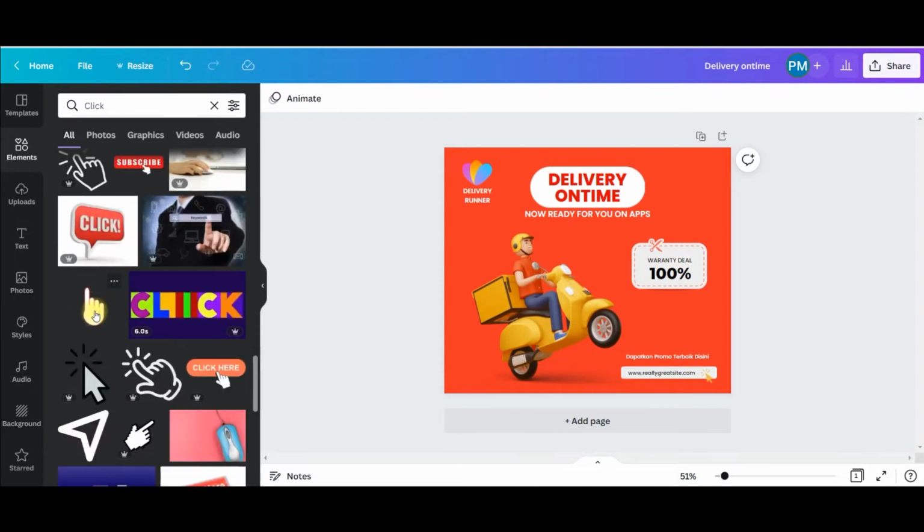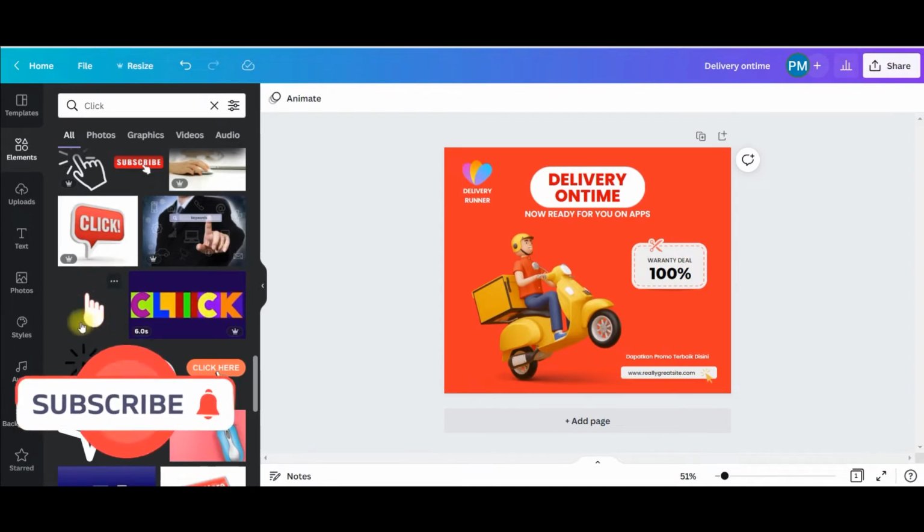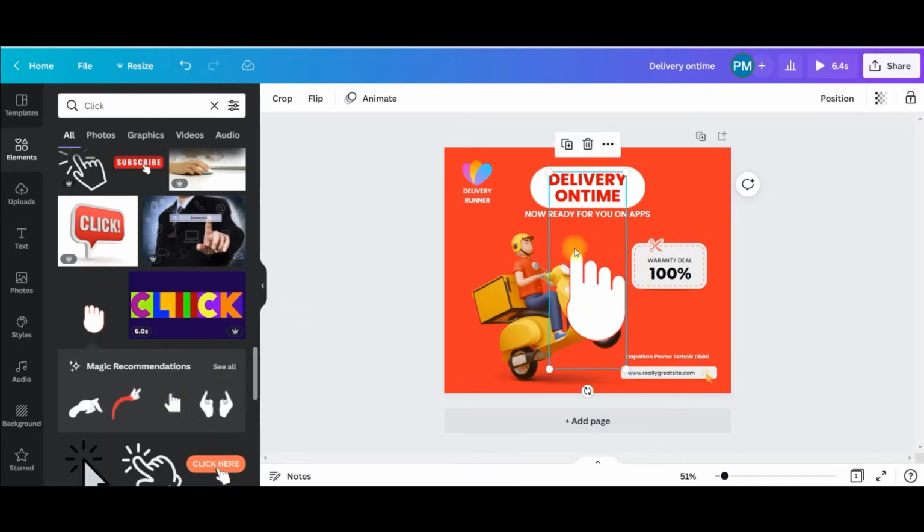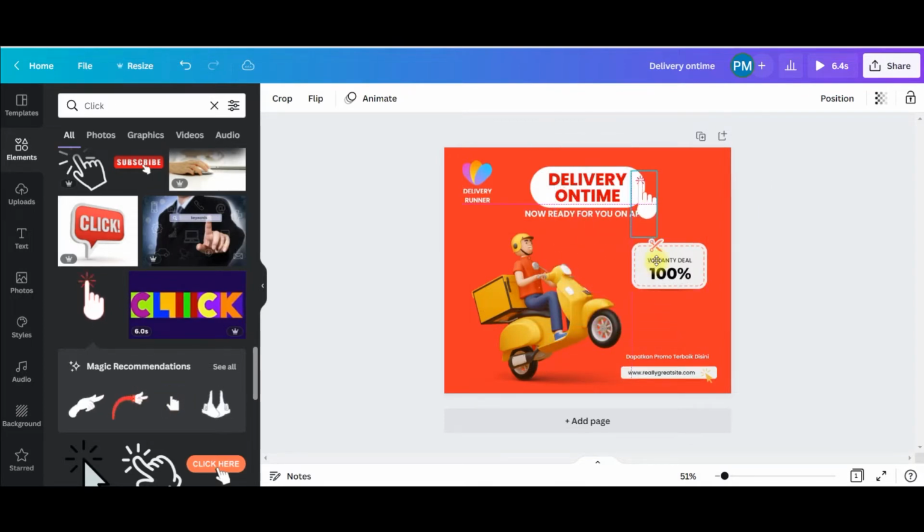Here this one is also red color. So I want something of round shape in it, right? Because this is having a round shape, this is also having a round shape around, so this one would go really well. Now I'm going to take this one, and this is having red color as well. I'll make it a little smaller and then place it here, then I'll just tilt it a little bit and place it right here. Okay, and I'm done with it.